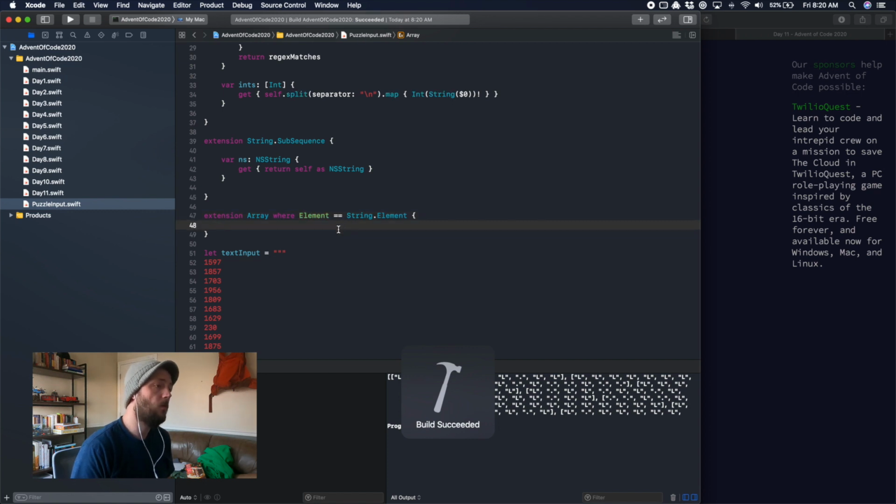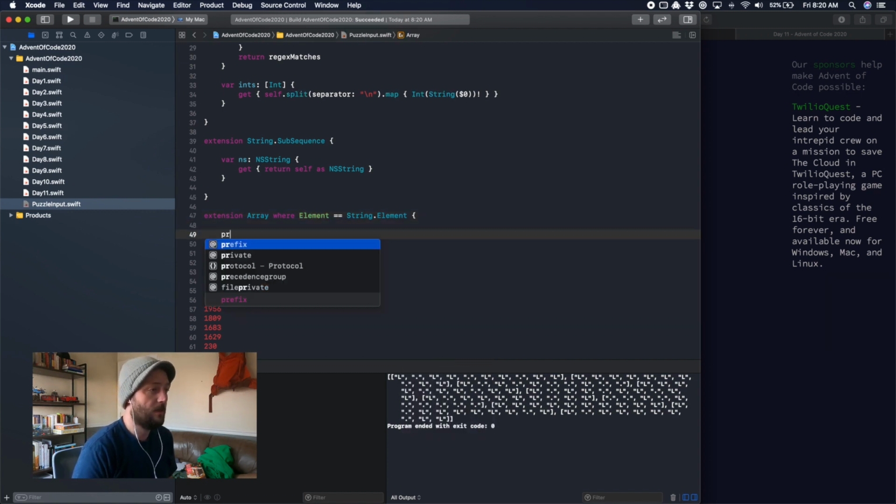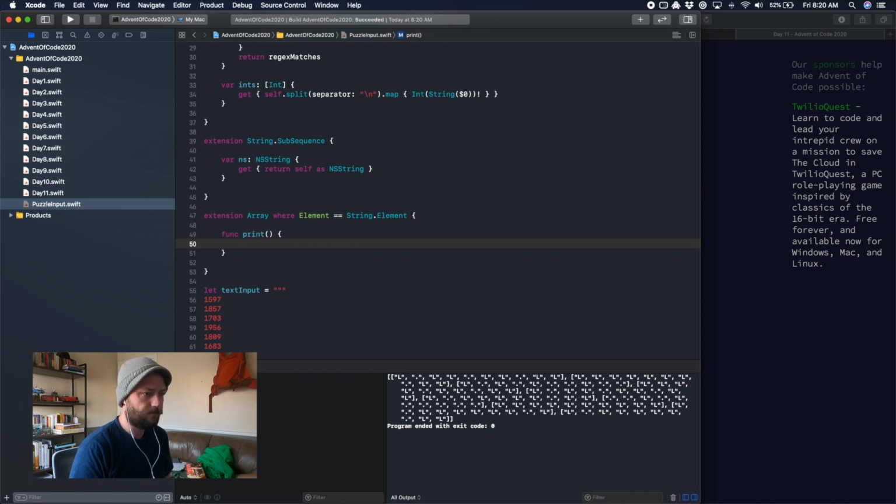Okay, cool. And then we're going to say func print, and it's going to print itself out. So what it's going to do is, for row in self,